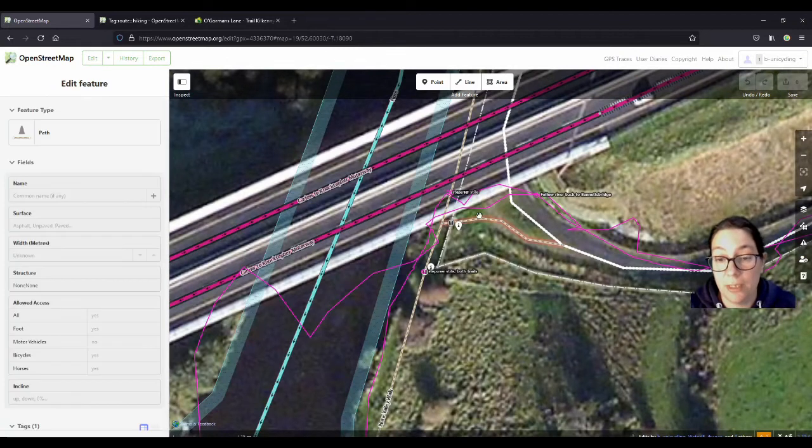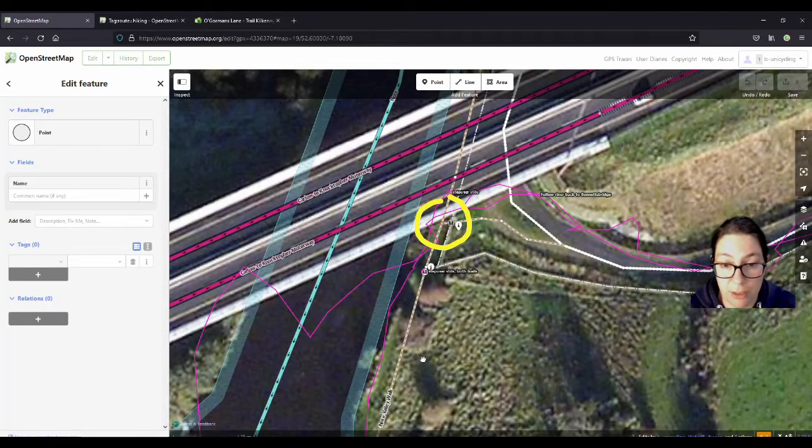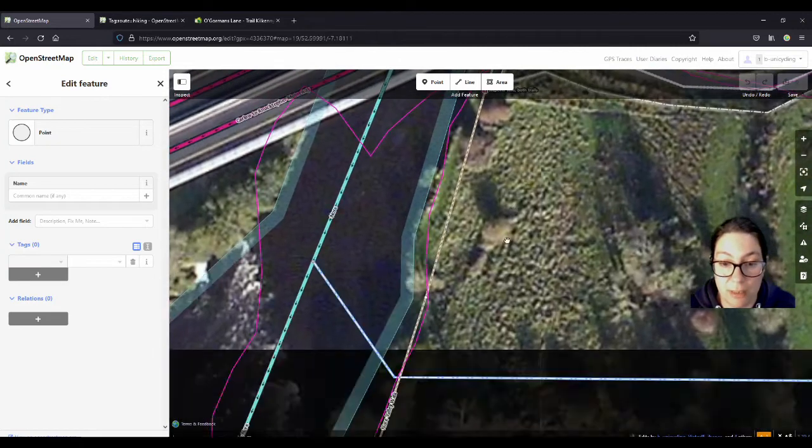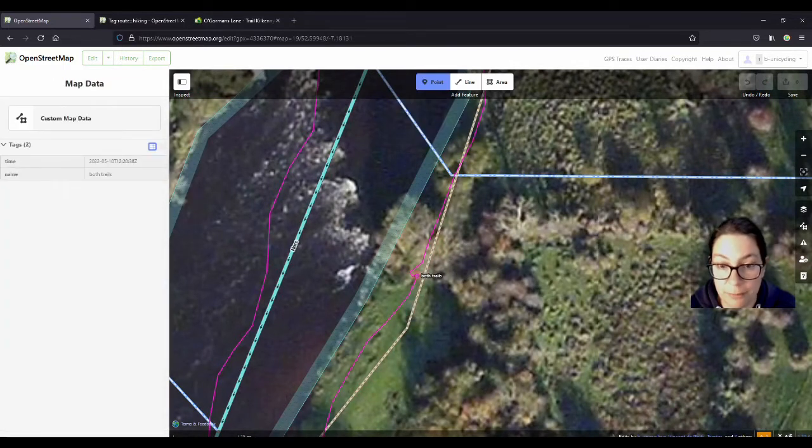So here the loop walk meets the Nore Valley Way. So from this point into Bennett's Bridge, there are trail markers that are for both relations or for both trails, but for us it's for both relations. So all the trail markers, most of them anyway, have to be added to both relations. And there is one down here, I'll just quickly show you, and I just put down both trails.